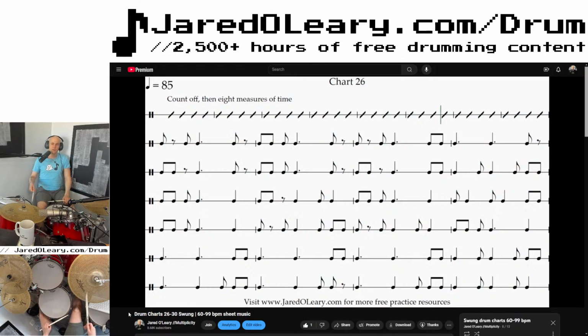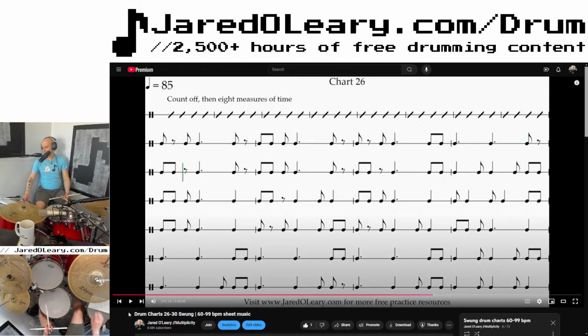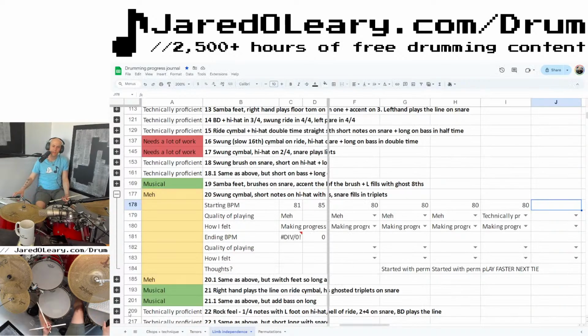Okay. Reading the patterns with the feet, filling in triplets on the snare. At least attempting to. What? Flawless. Am I playing this right?